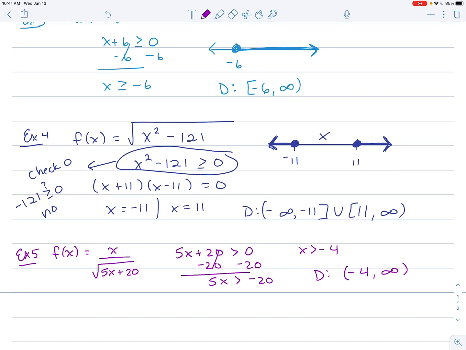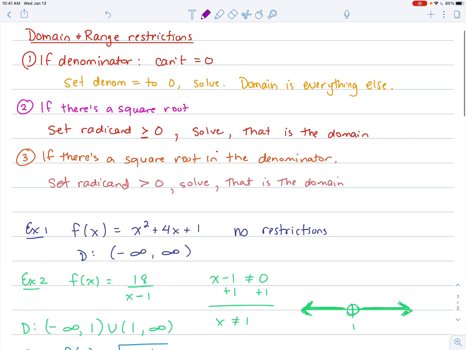All right, normally I would do a lot more examples, but because you weren't even supposed to have class today, I'm just going to do those, and I'm going to give you homework on this. If you have any questions tomorrow, I can answer them if you have any trouble with any of this. But basically, it's just the 3 rules. Denominator can't be 0, square roots can't be negative, and a square root in the denominator can't be 0 and can't be negative. All right, hope everyone understands and have a